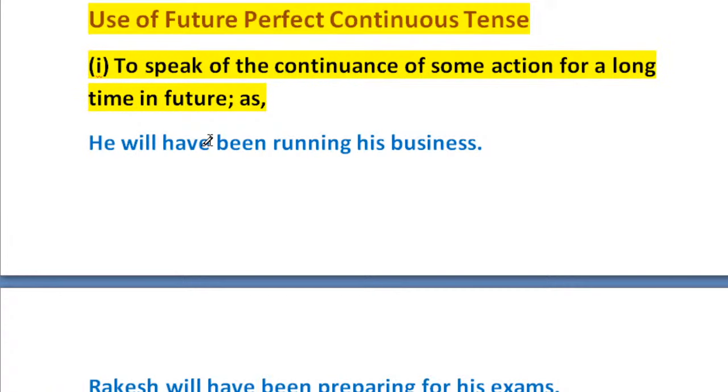So when we think that any action will continue for a long time in future, there we use future perfect continuous tense. So, he will have been running his business. This sentence means that he will have been running his business in future for a long